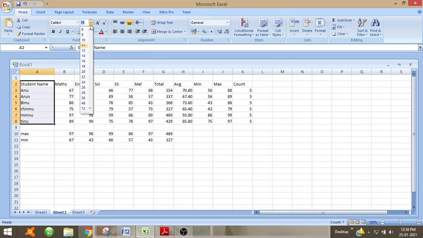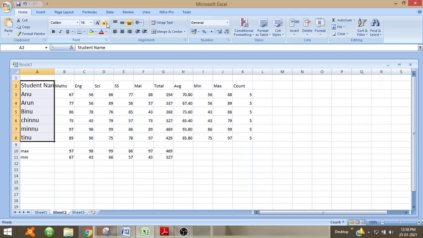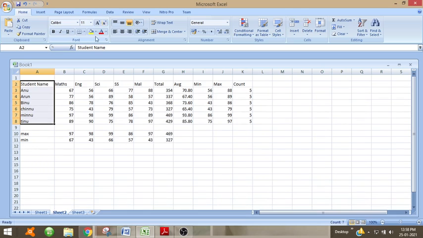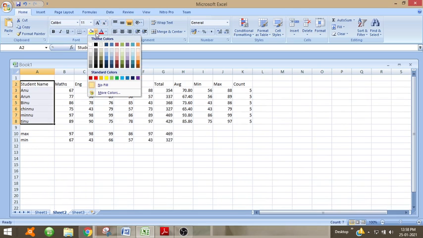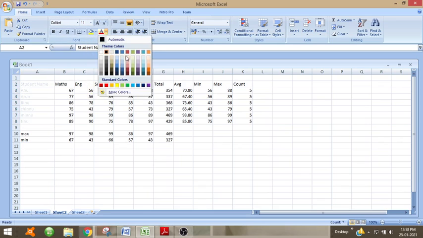Also you can increase the font size, then you can make it bold, italics, underlined, then increase or decrease the font size. Then you can give background colors, or for the font you can give colors. Font colors can be given.